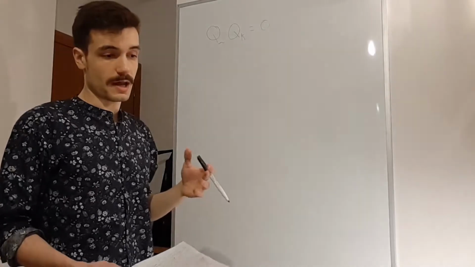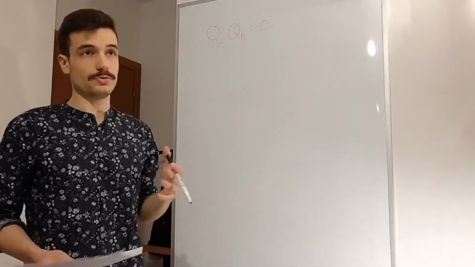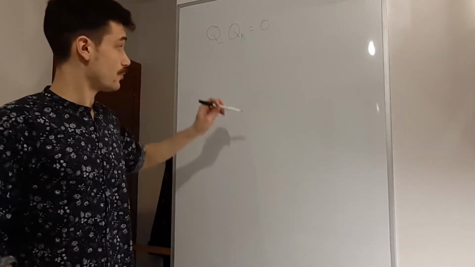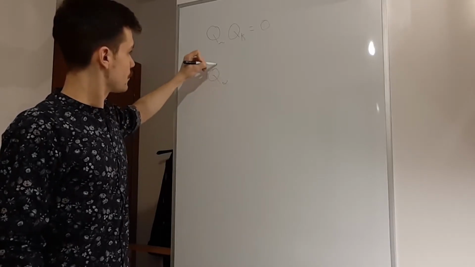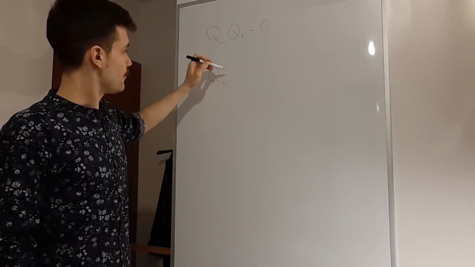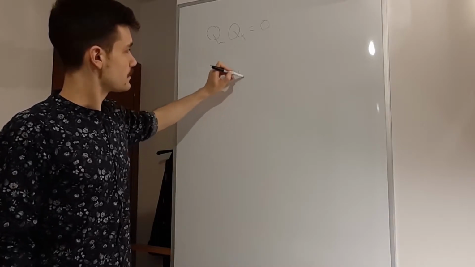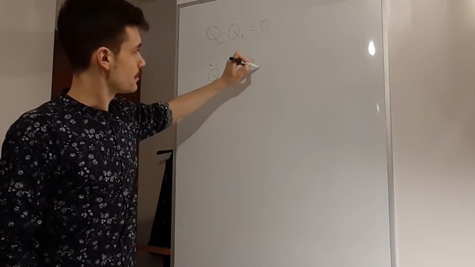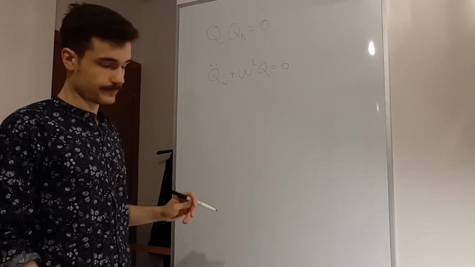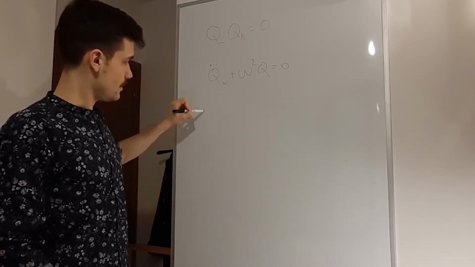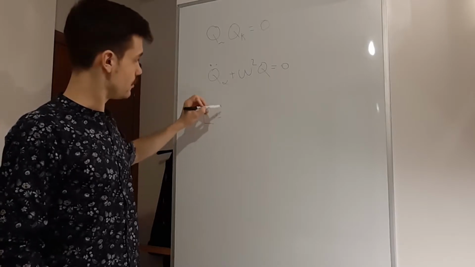I will probably normalize it in the end, so it will be orthonormal. And with this kind of coordinate set, I can have that q alpha double dot plus omega squared q is equal to 0. And the Lagrangian will be in the form of,